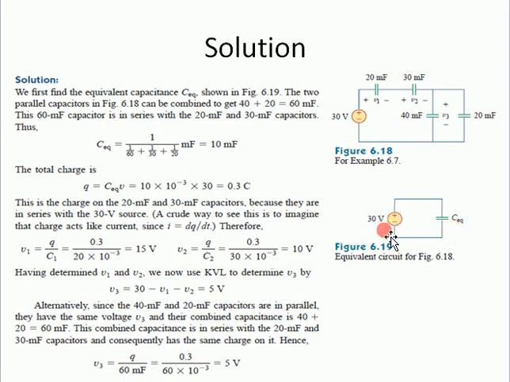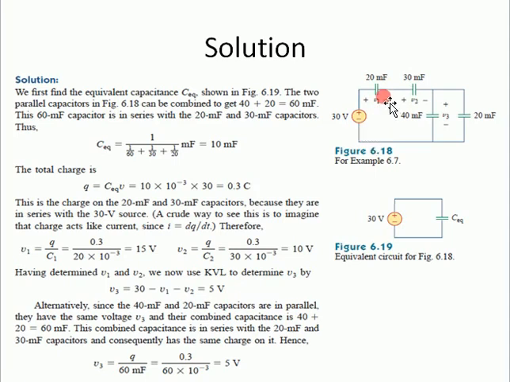Now simply we are having this circuit, the total voltage is 30 and C equivalent is equal to 10 millifarad. So the total charge we can calculate from here. Q is equal to C equivalent times V. When we multiply these, then 0.3 coulomb will be the total charge of this circuit. Now here you see this battery is basically giving the total charge of 0.3 coulomb. This 20 millifarad and this 30 millifarad, these two capacitors are in series with this voltage source.